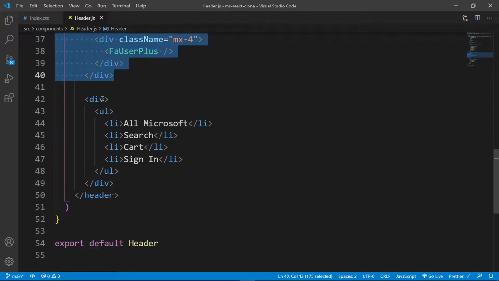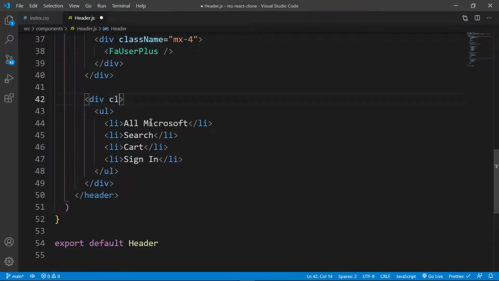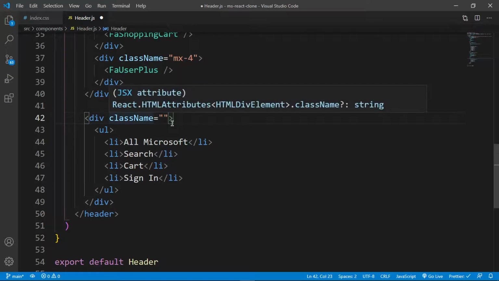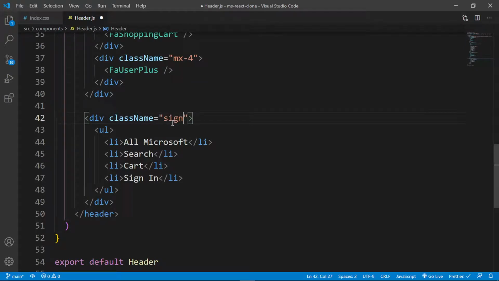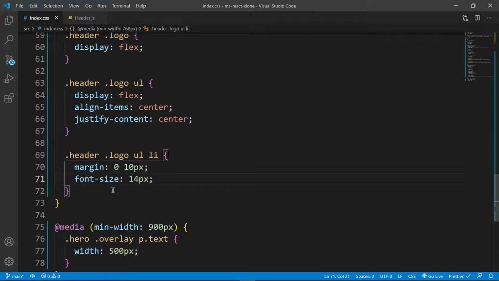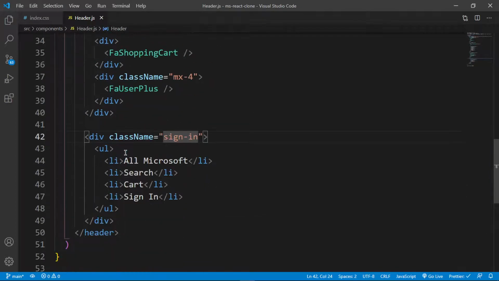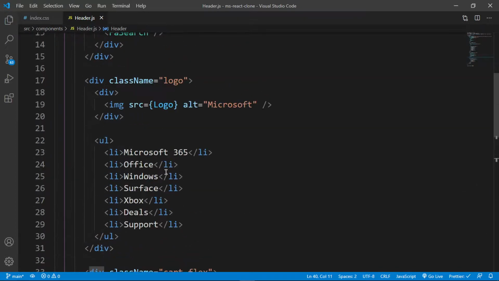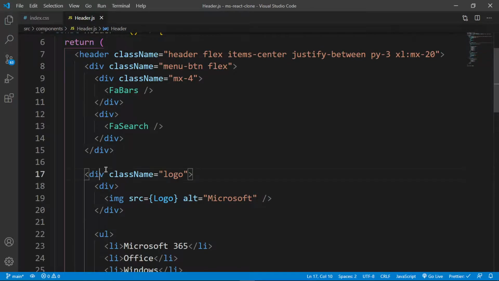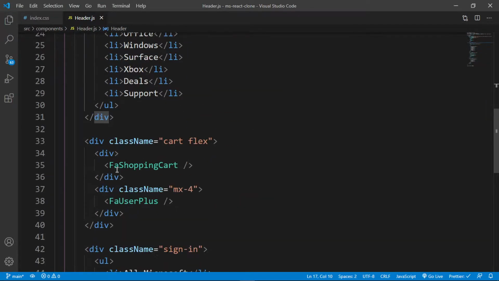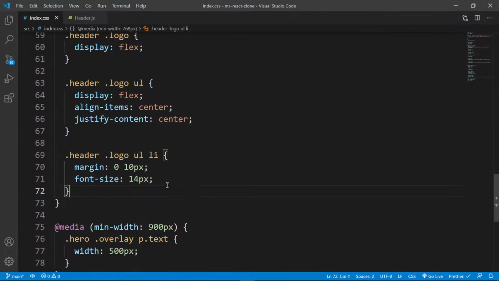Okay, so I can go inside this div, and let me give this a class name of, what do you say? Let me just call it sign-in, so sign in like that, and then I can go inside. Is this still inside the logo? I think it should be outside the logo. Where does logo end? Right there. Okay, so inside my header class,